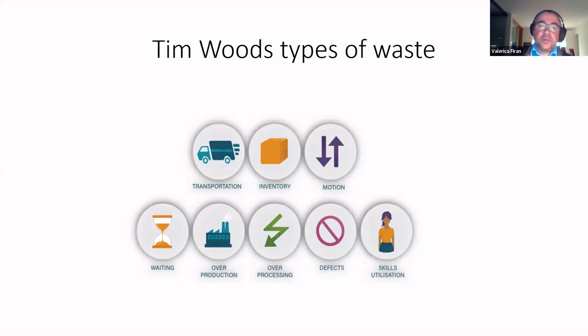Waiting. This is also a type of waste. We can waste time while we wait for this part to arrive. Overproduction is, for instance, in this example, producing too many service hours, which is a waste of value. Somebody has to pay for that. The insurance,